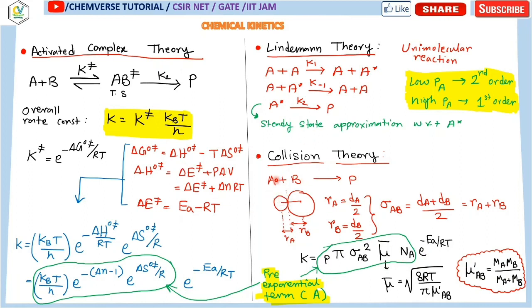It says that for, suppose, gaseous molecules, when they collide they will give you the reaction. Not every collision provides you a fruitful reaction. That is why this term P is there. So from here you can see that for the collision theory, the radius of those molecules or atoms has to be considered, and from there you can calculate the value of the K, and over here it is nothing but the expression for the reduced mass.